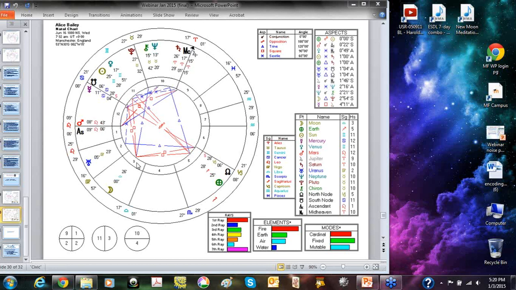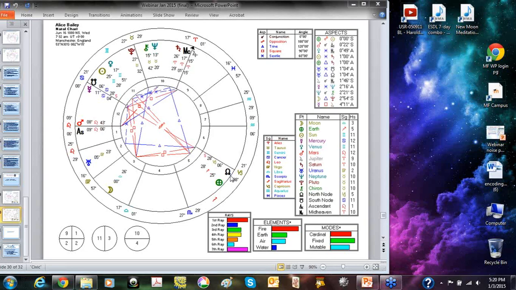There's only one more thing I'm pointing out, and then I'm letting this go because we need to move on, and that is this Cancer energy. She's brought that in from the past. This is the South Node. The South Node is that which we bring in from the past, and if we look at its opposite, the North Node, it's in Capricorn. Now, for those of you who don't know, in astrology, we can make anything fit, okay? If you know what you're looking for, you can find it.